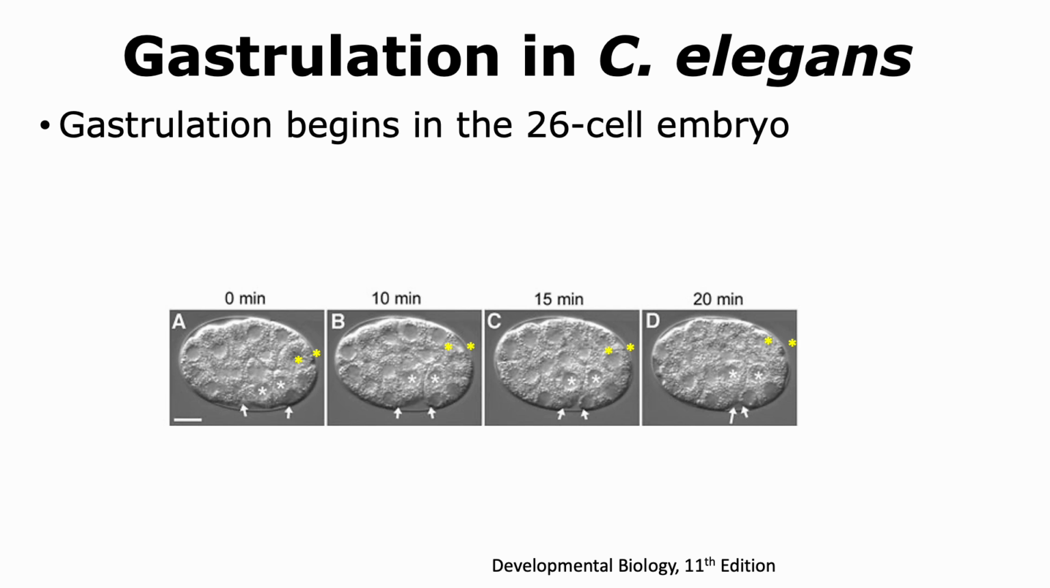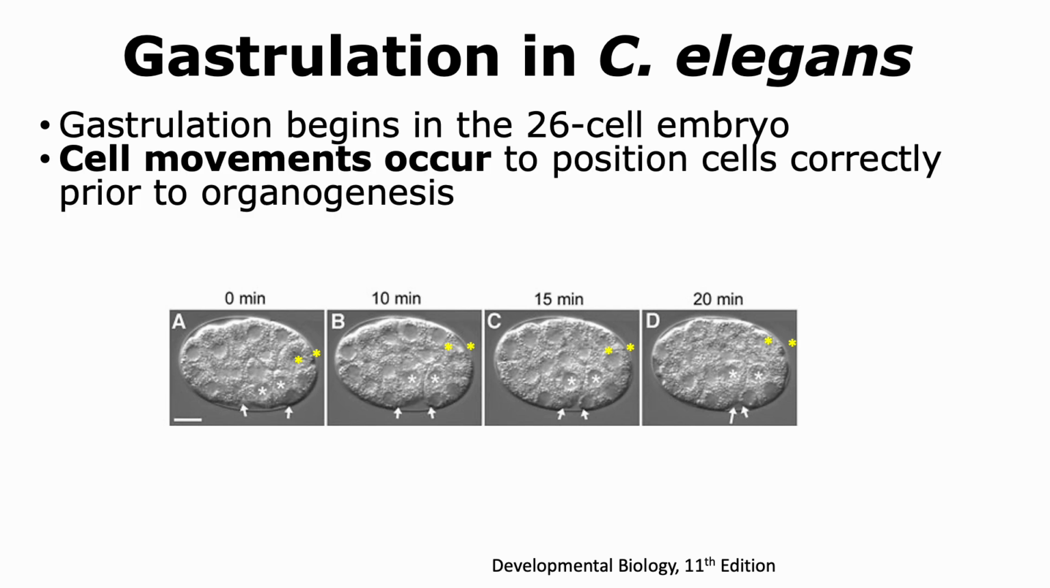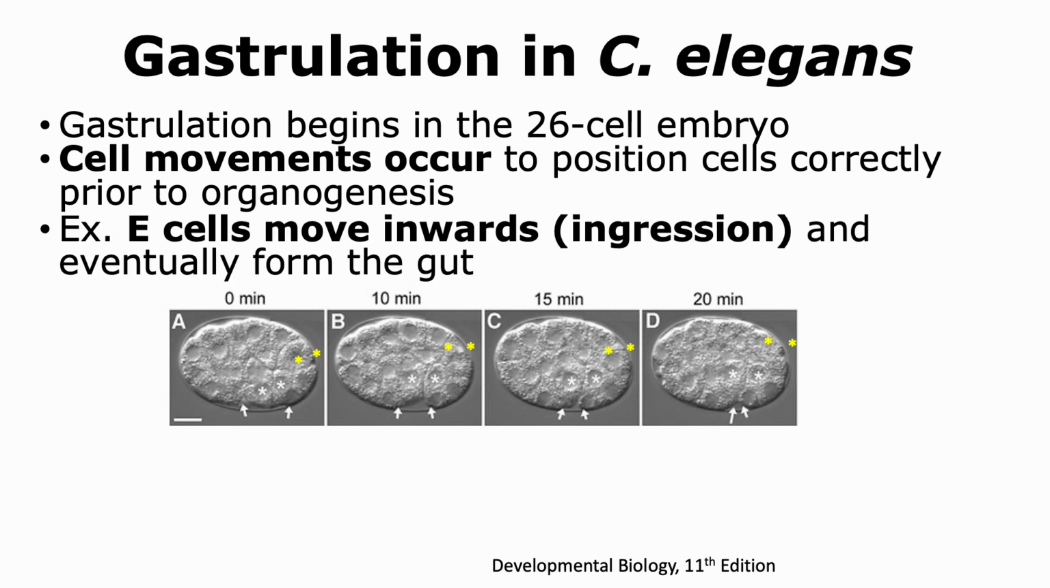After cleavage occurs, gastrulation begins in C. elegans, and it happens in the 26-cell embryo. Now, in this embryo that is made up of 26 cells, the cells will move and position themselves correctly so that organogenesis can begin. An example of such a movement that we're going to see is that of the E